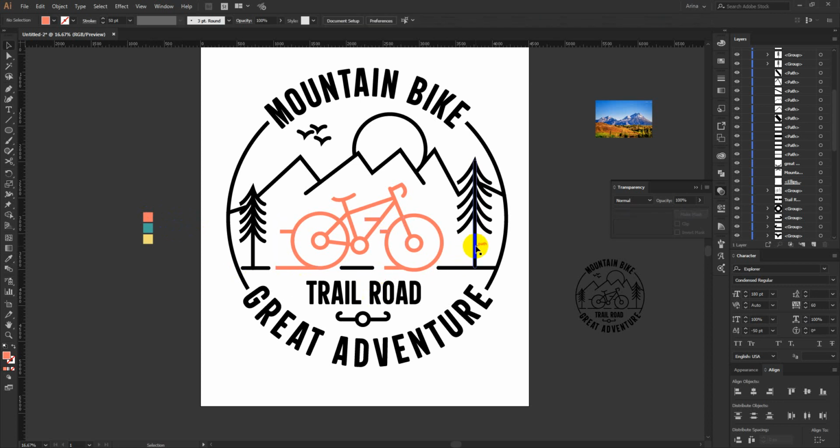Okay, so for these tree lines and these mountains, I am going to make it kind of blue. As you can see, this is in front of my mountain, so I am going to cut that and paste it back.